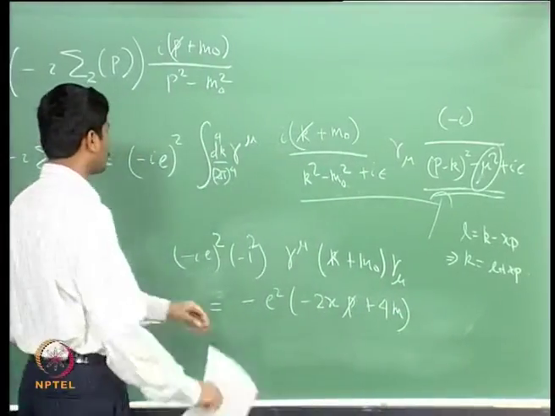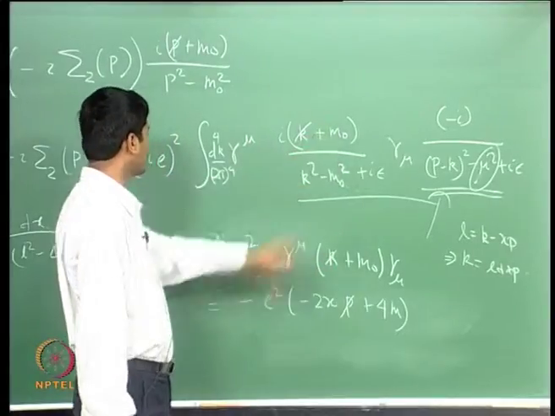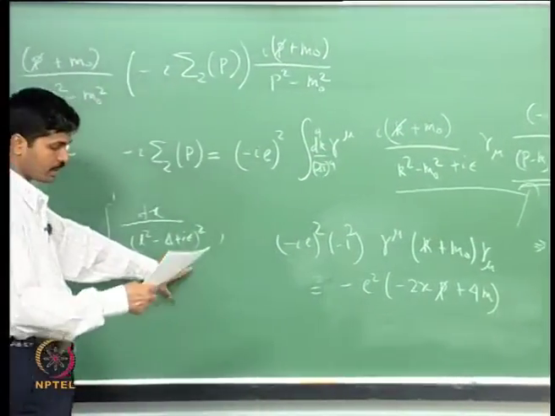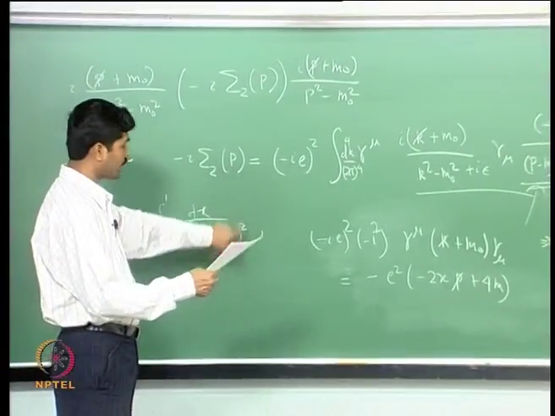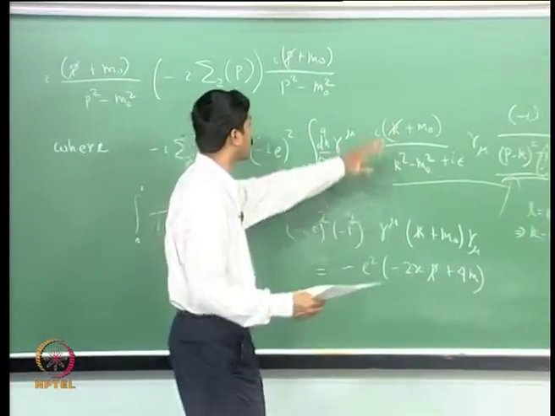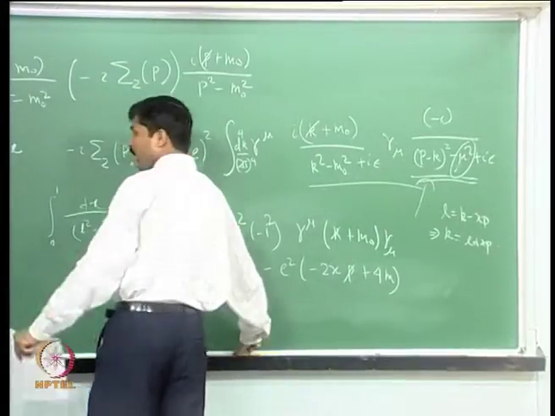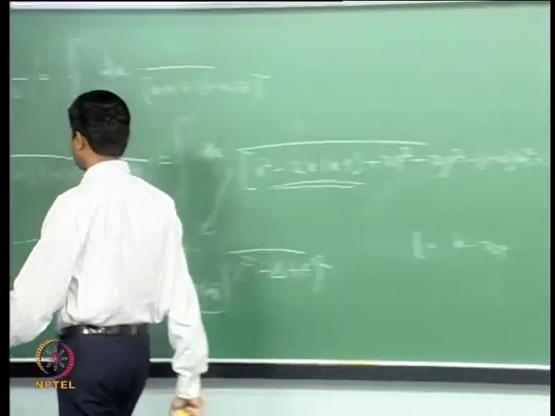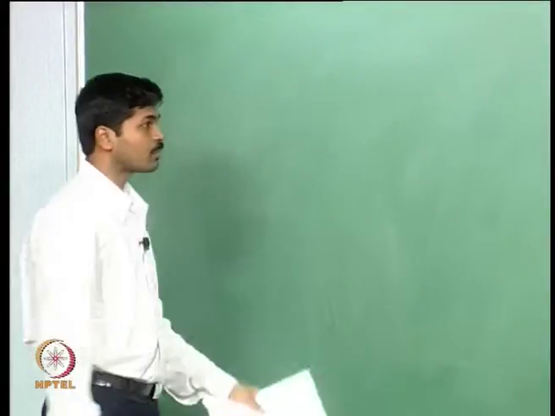So, we will substitute this for the numerator. Here L should be the integration variable, and this is what we have for the denominator, and at the end of the day when we substitute all these things, what we will get for i sigma 2 is simply given by